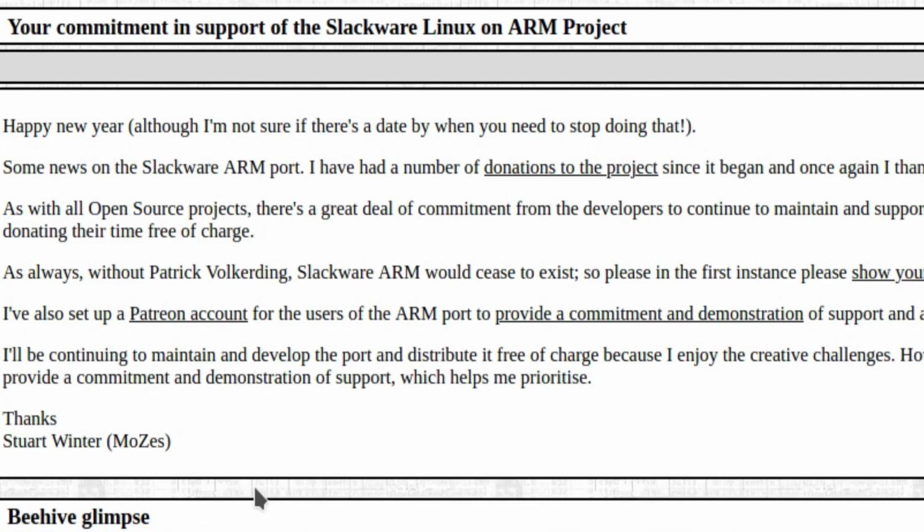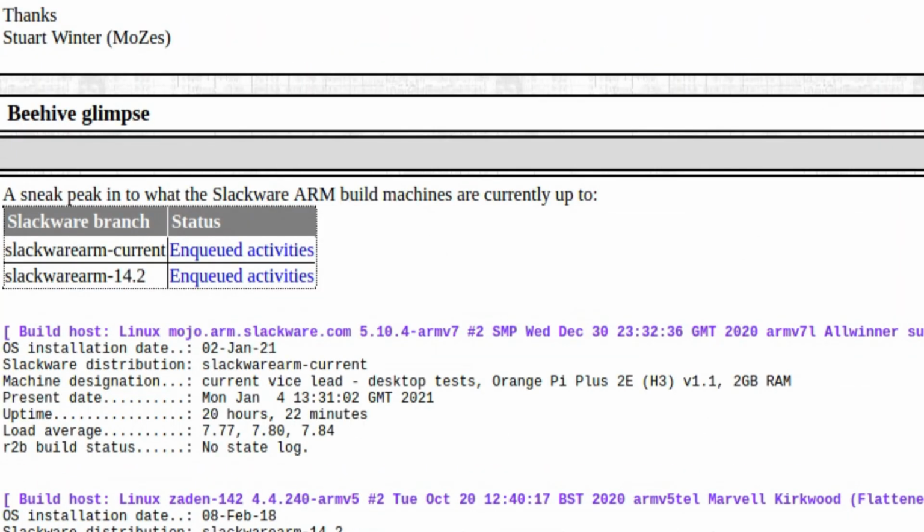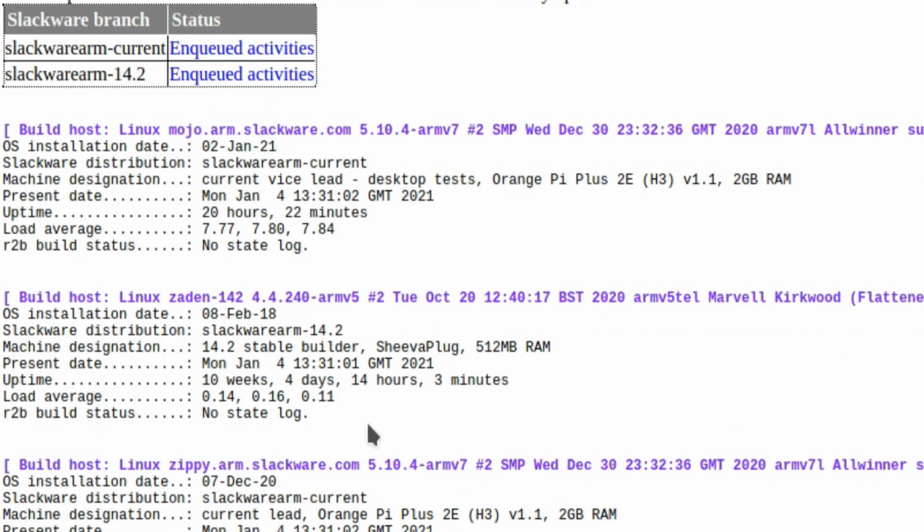Now, you can see here that the machine has been up for 10 weeks. As I said, it's pretty stable. And you can see that there's what's called in-queued activities. And what does that mean? We'll have a look at that in a moment. You can also see